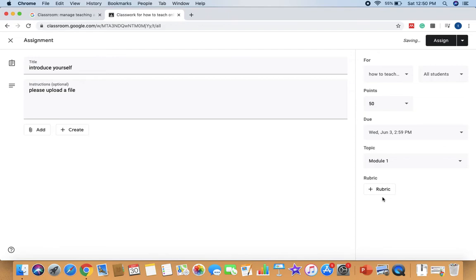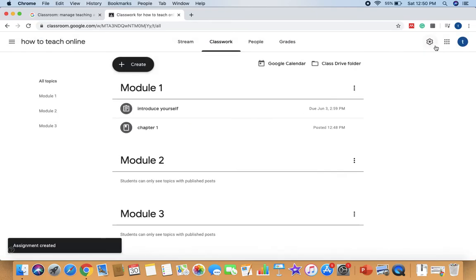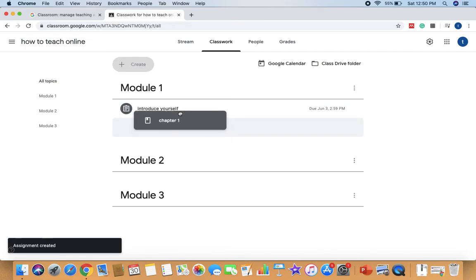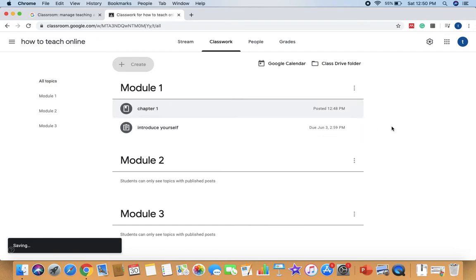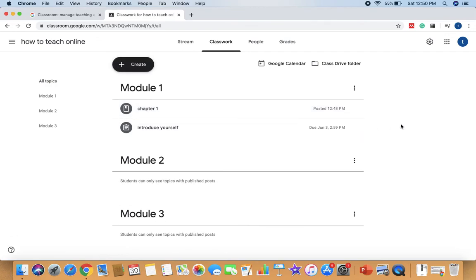If you're interested in having more control, you can try out Rubrics. We have some options which help us get more control over the assignment. If you're not interested, this is fine. We can click on assign, and the assignment will be assigned to the students. You can see that our material is here. This also can be rearranged. If you want to have the material in front, you can have the material in front, and then